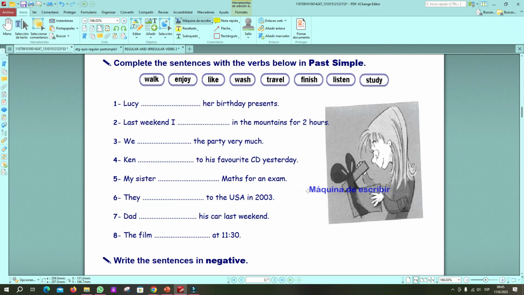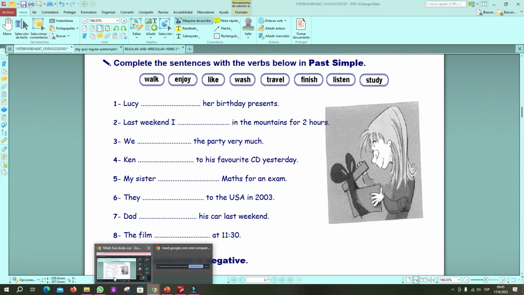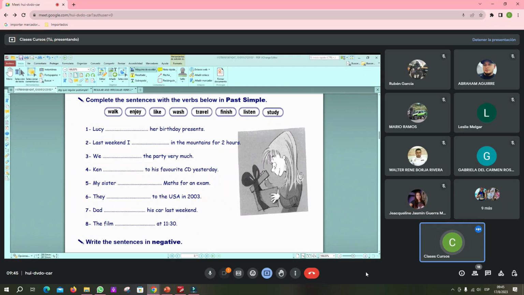Lean bien la oración y elijan el verbo correcto. Obviamente usted lo va a escribir en pasado, ¿ok? So you're going to have 3 minutes to work on that. 3 minutos y luego los revisamos juntos, ¿ok? Go ahead, guys. Work. 3 minutes. Remember, if you have questions, raise your hand, okay?